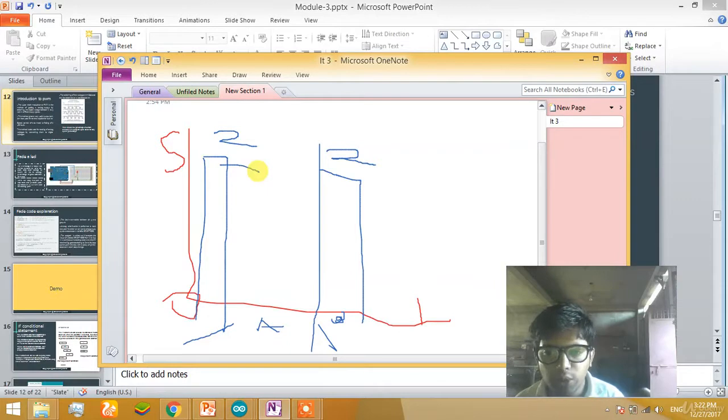We will be doing some basic experiments, like fading an LED, with the help of PWM. Fading an LED is similar to dimmers. We will be doing it in the next chapter.